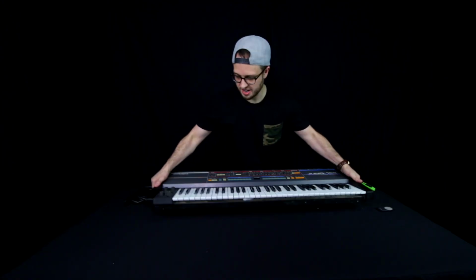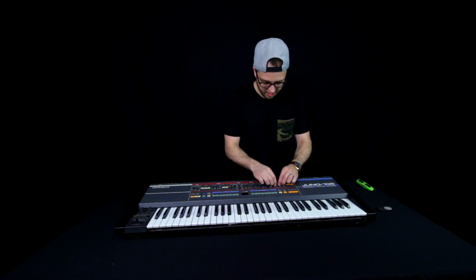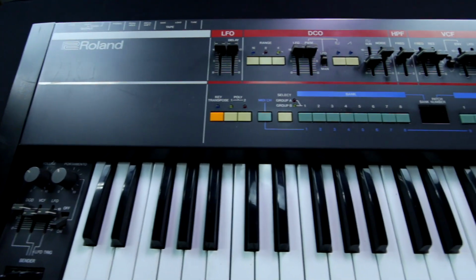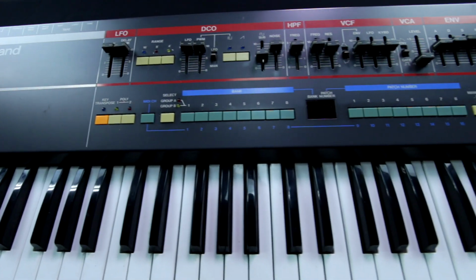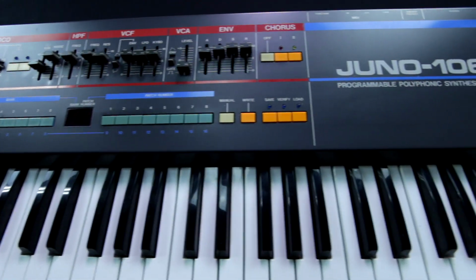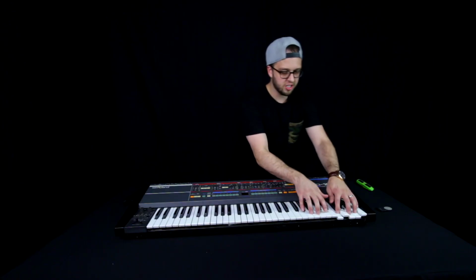First impressions, it looks great. Now I haven't plugged it in, I haven't tested everything. It definitely feels old. The faders feel old. It's not like one of those new synthesizers where everything feels nice and smooth. It's kind of got a little bit of give. Now, I'm just inspecting it right now,